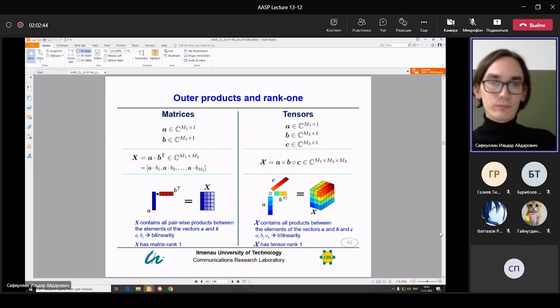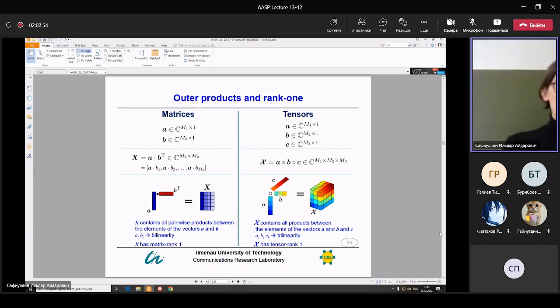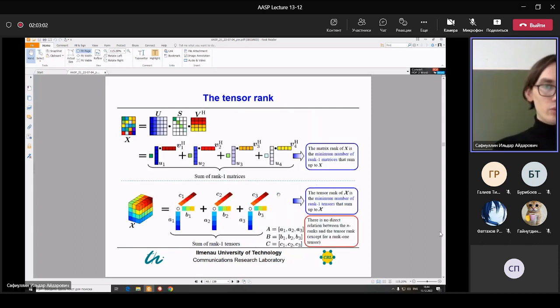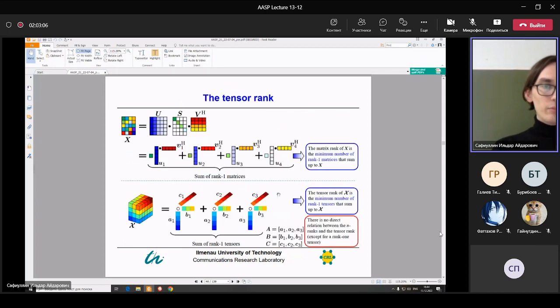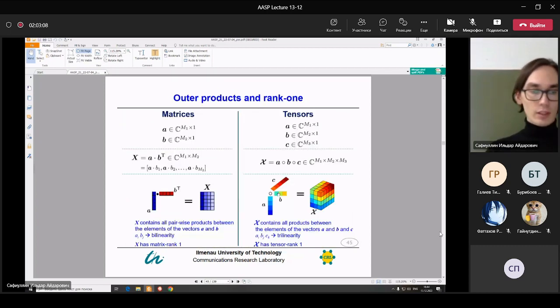And we will have this outer product of these three vectors, and this one will be trilinearity, and maybe this one I think will go to the singular value decomposition. So maybe let's write canonical polyadic decomposition,